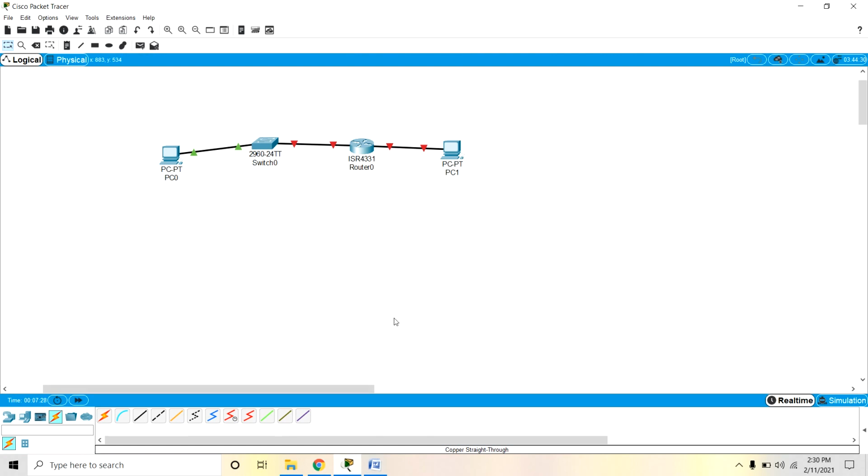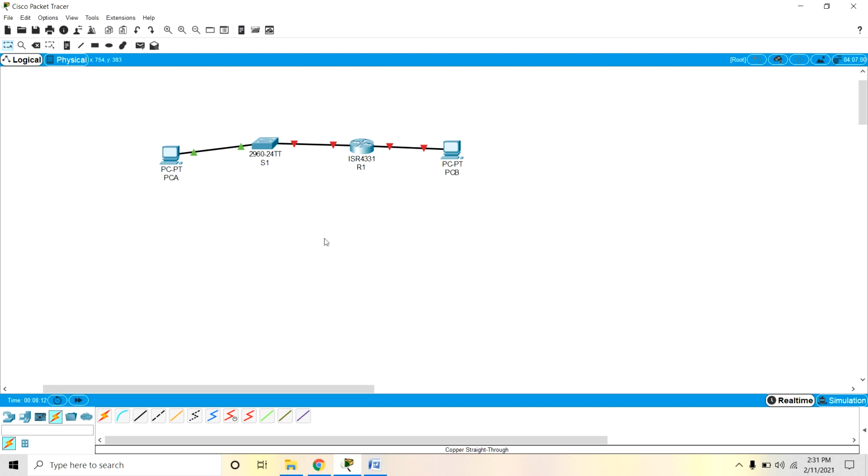Now we are moving to part 2, step 1: assign static IP information to the PC interfaces. We know these are PCA and PCB, router R1 and switch 1.